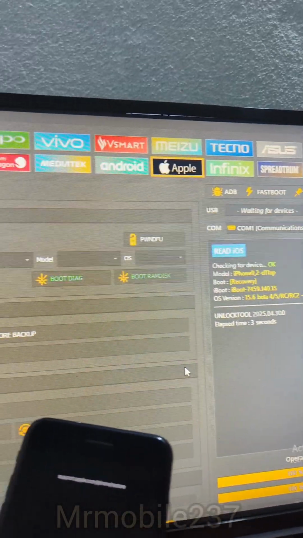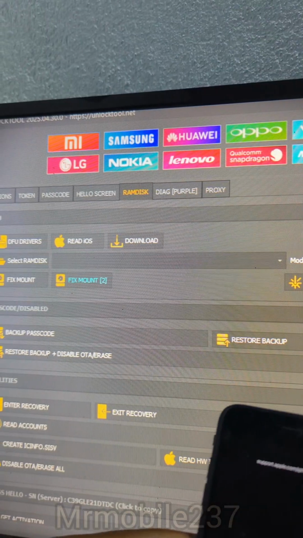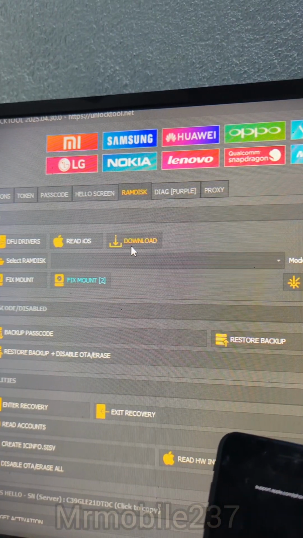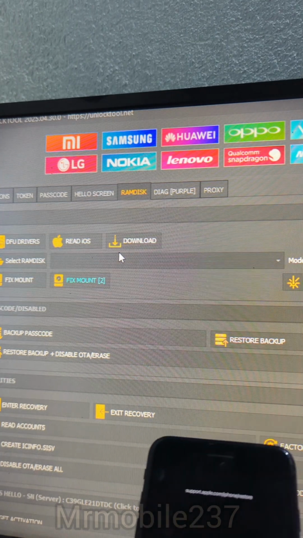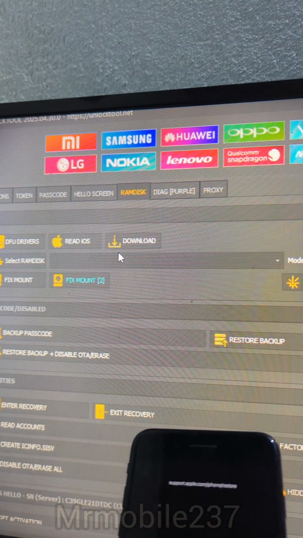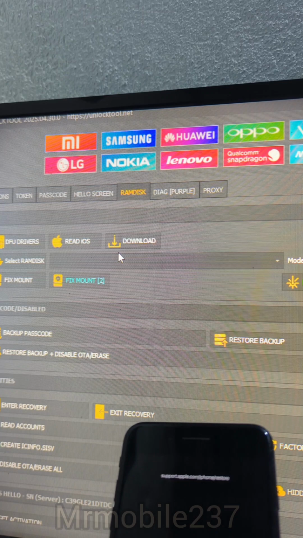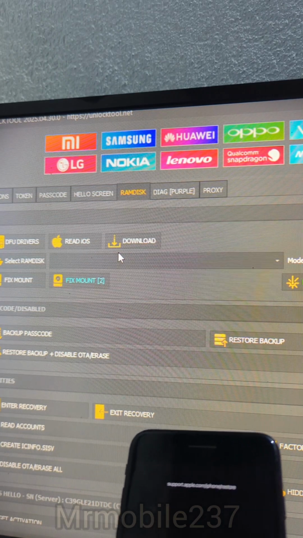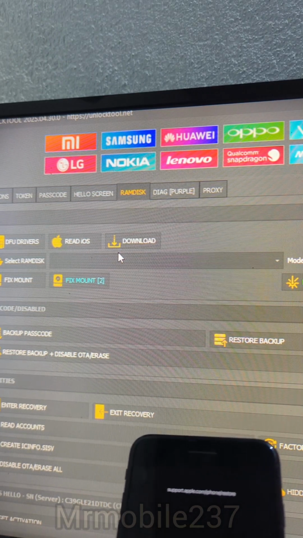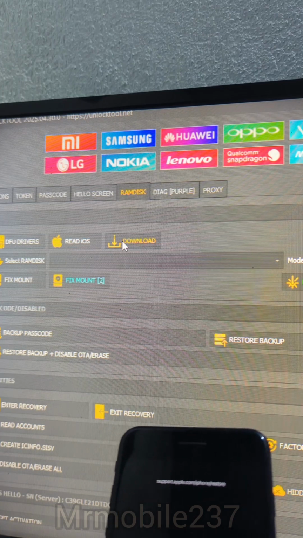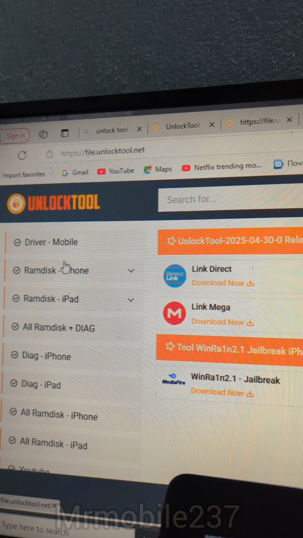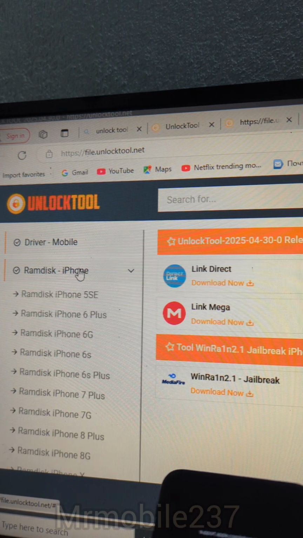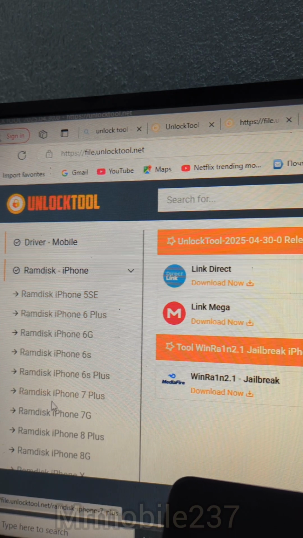Now come back here and click download. We are going to need a ramdisk file of iPhone 7 Plus, iOS version 15, to be able to continue our unlock. So we are just going to click on download, and it's going to take you to this page. You click on ramdisk iPhone, and here you have iPhone 7 Plus. Click on it,